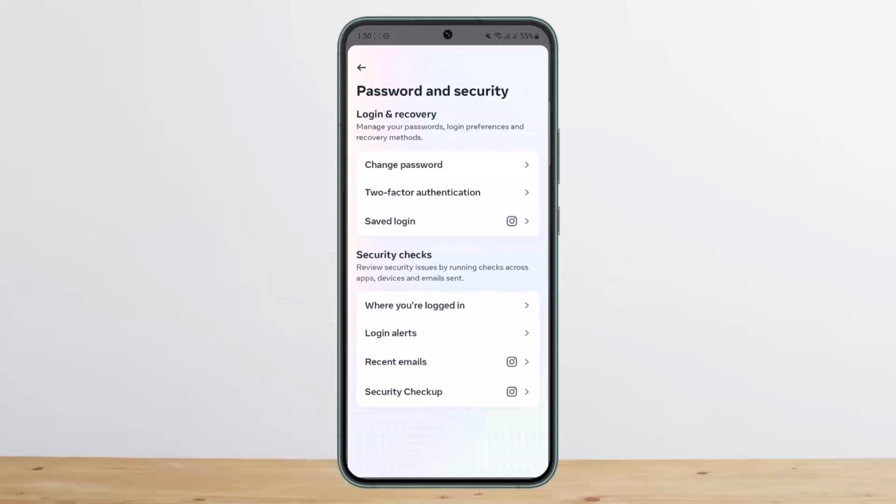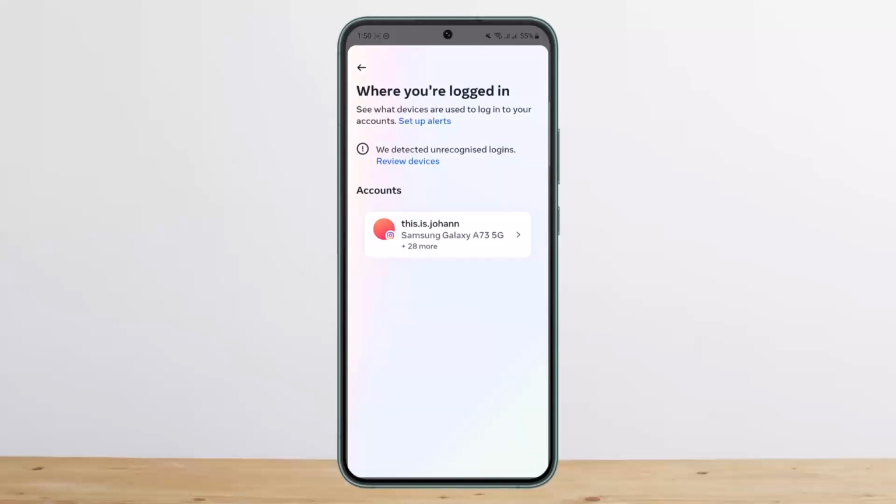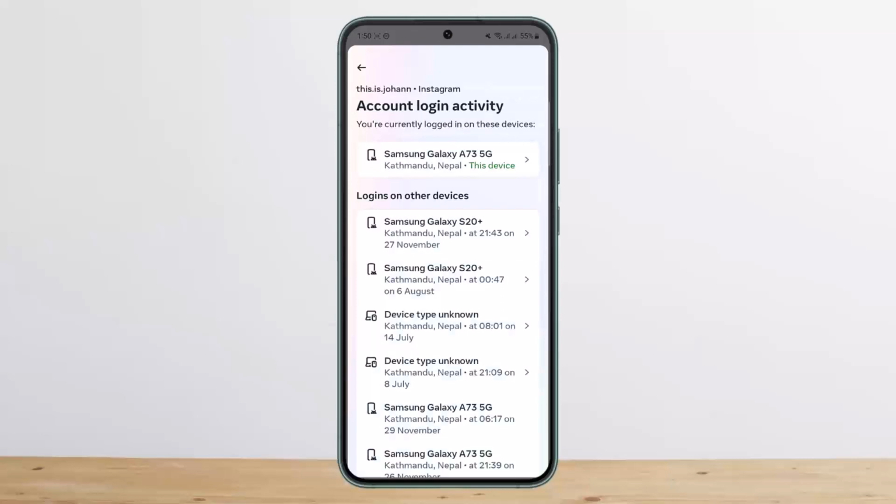Here you can see under security checks the very first option that you see there, where you're logged in. Once you tap on it and open it up, you will have to choose the account. If you have linked multiple accounts, your list of accounts will show up here. In my case, I'm not linked to any account, so it's just showing me this one account. I'll just tap on it, and once I tap on it, you can see it will ask me